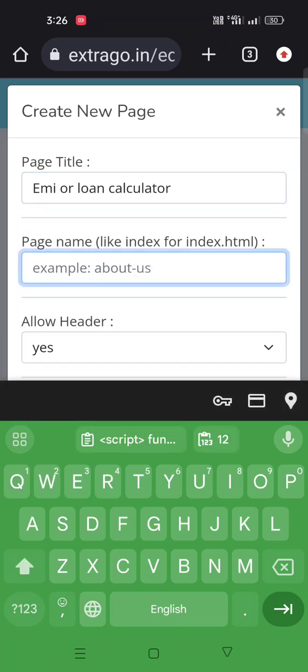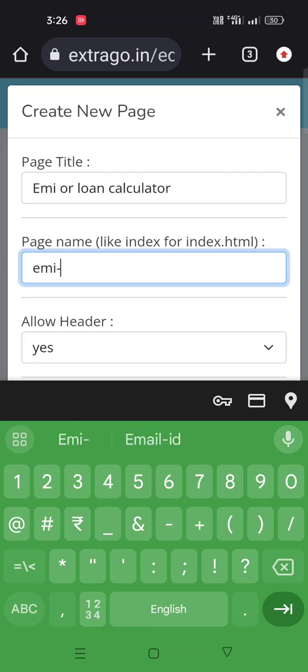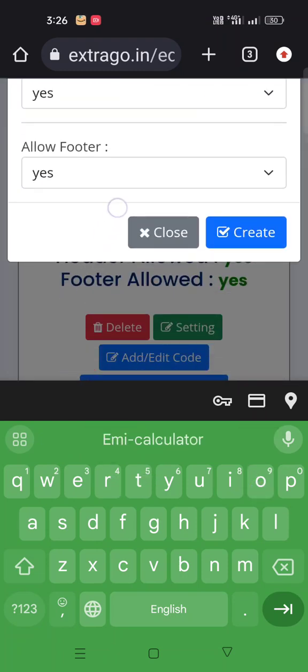The page name should be loan EMI dash calculator. EMI calculator. Other things will be the same.